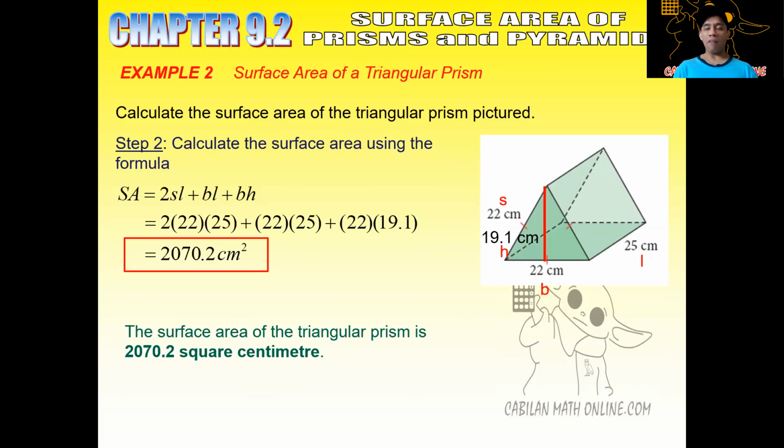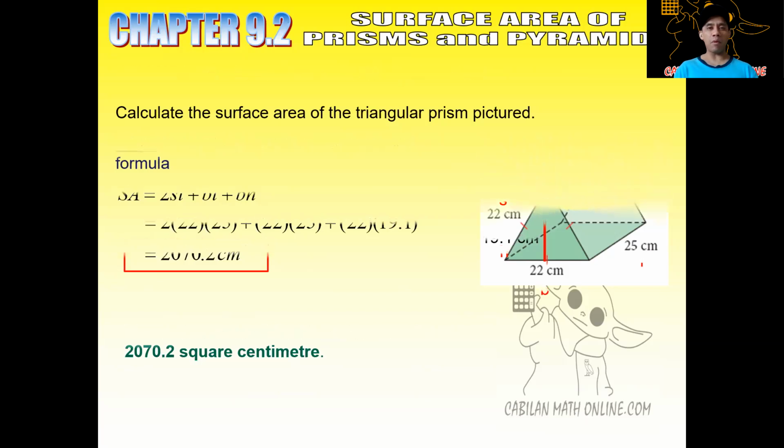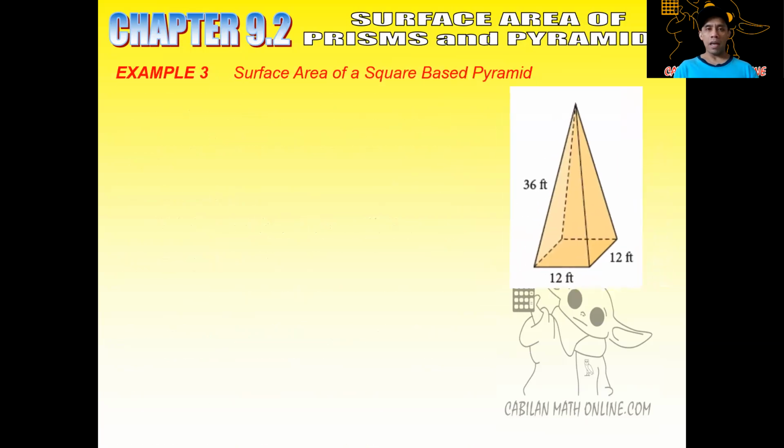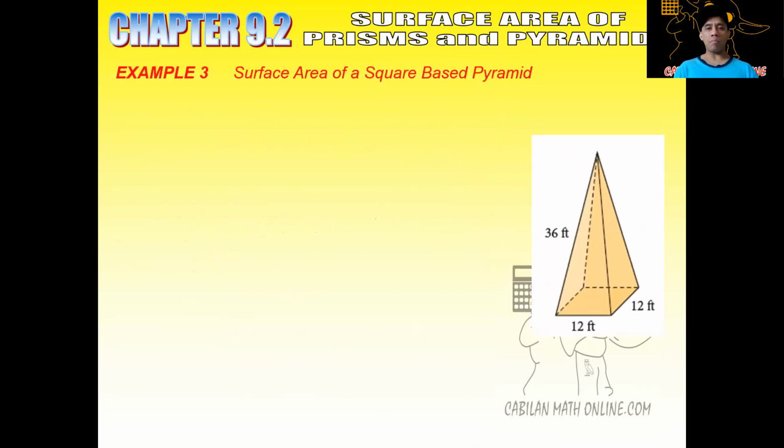So the next shape we're going to have, again, is going to be dealing with something that has triangles. So again, you might want to have your formula sheet ready here. And this time we're now dealing with a square-based pyramid. Now remember with a square-based pyramid, we have a square bottom, so we have our two base lengths. So if you take a look at the shape again and your formula sheet,